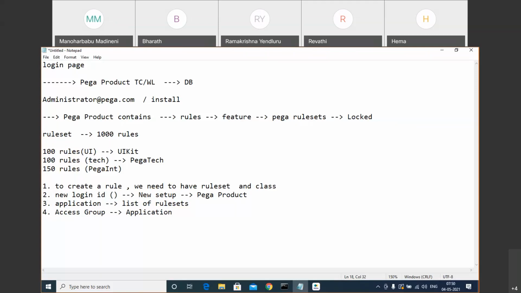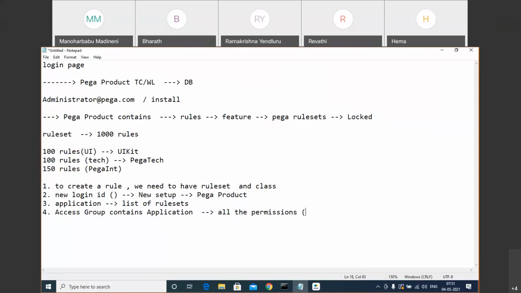So why access group then? What is the purpose of access group? The purpose of access group is that it will have all the permissions which the user possesses.